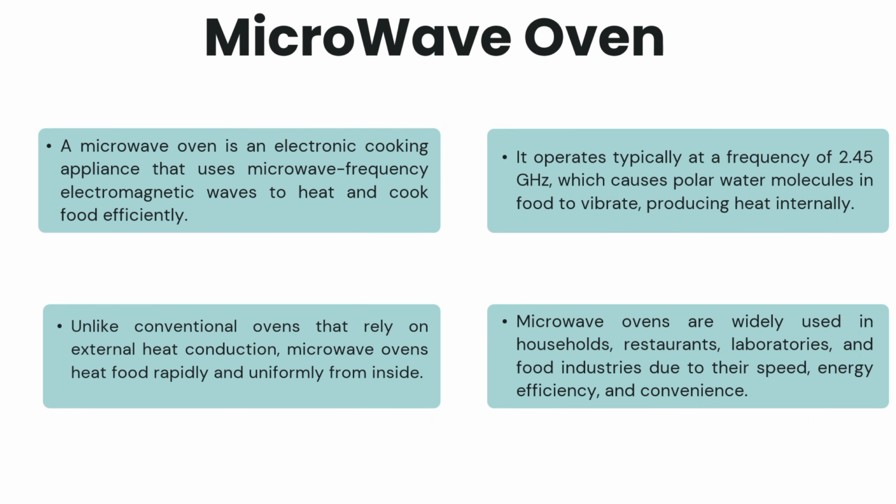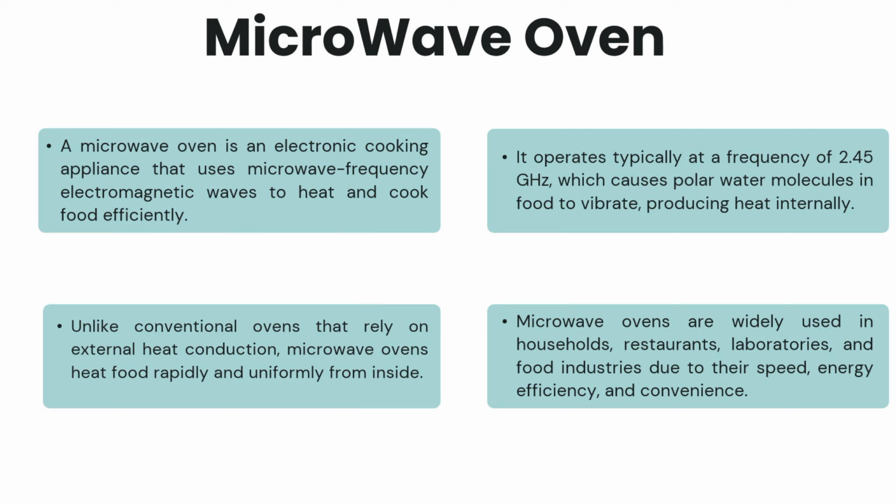Now let us get an overview about a microwave and how it works. A microwave oven is an electronic cooking appliance that uses microwave frequency electromagnetic waves to heat food. These microwaves typically operate at 2.45 GHz frequency. At this frequency, polar molecules like water present in food start vibrating rapidly. This vibration creates heat internally, which cooks the food. Unlike conventional ovens, which heat food from the outside using conduction, microwave ovens heat food from inside, making cooking faster and